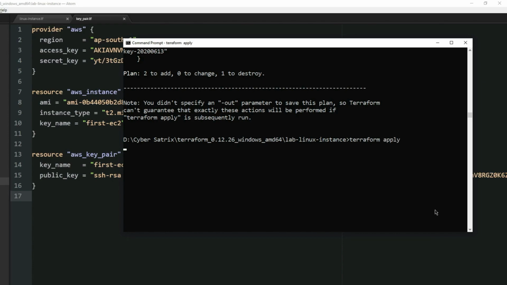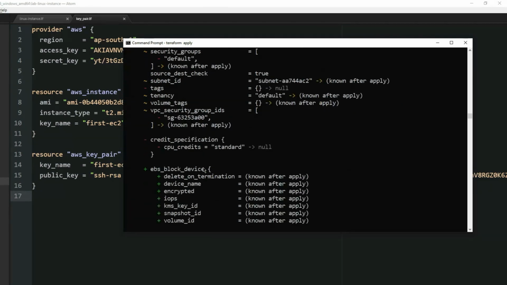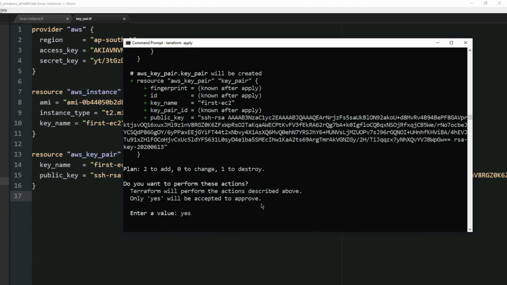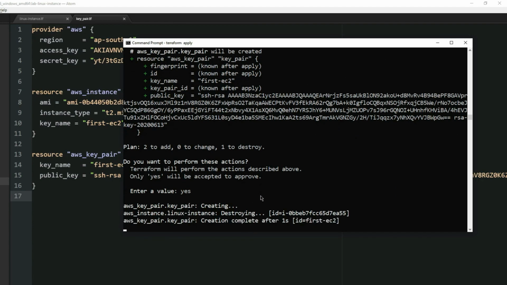Okay, so let me apply the change. When you type terraform apply, it basically applies all the configuration changes and modifications that we just made. Let me authorize it by giving yes. So now it says this instance is being destroyed, right? It's creating a new key pair. This instance key pair is being destroyed.